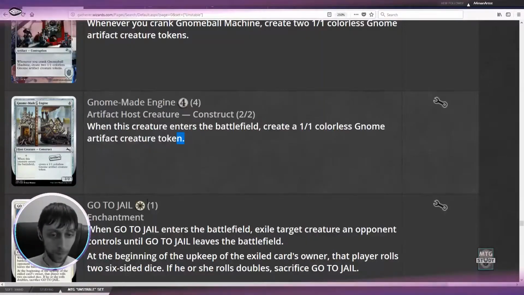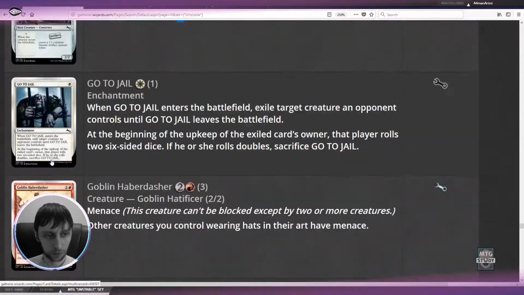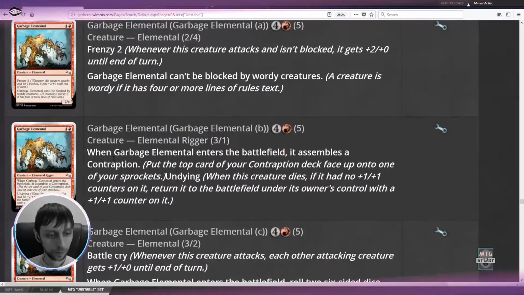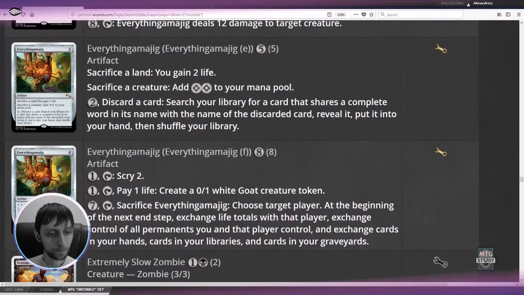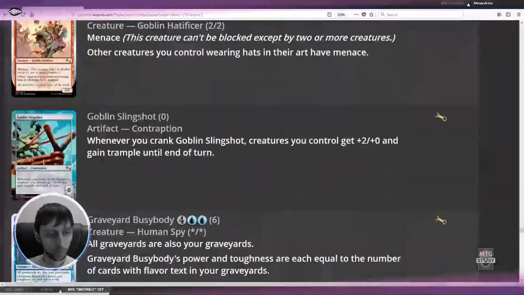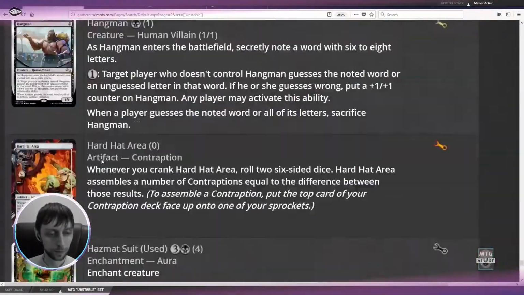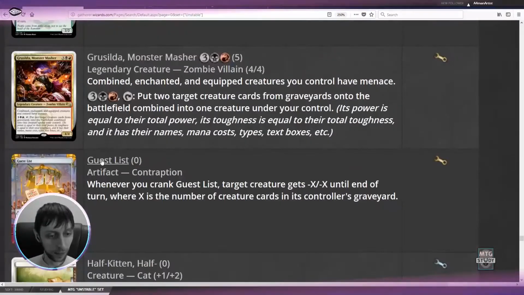Good. Now it's finally clear. Again, when this creature enters the battlefield, whatever host will attach to it, we could create a gnome, but right here is specification that it needs to be an artifact. So if we attach not an artifact, it's not going to work probably. They will just combine. And when they combine,